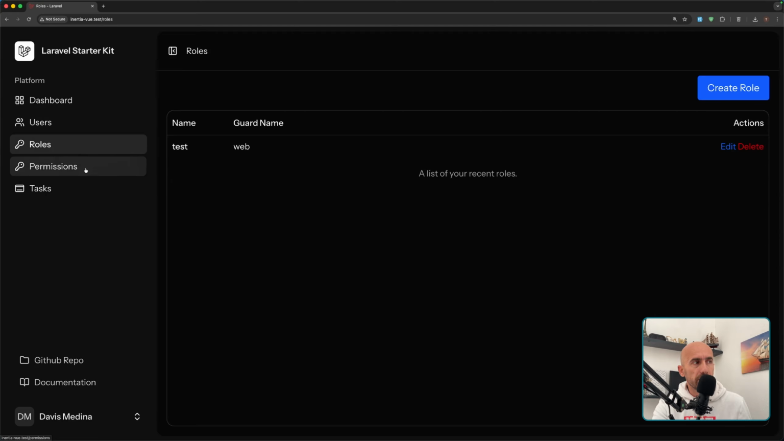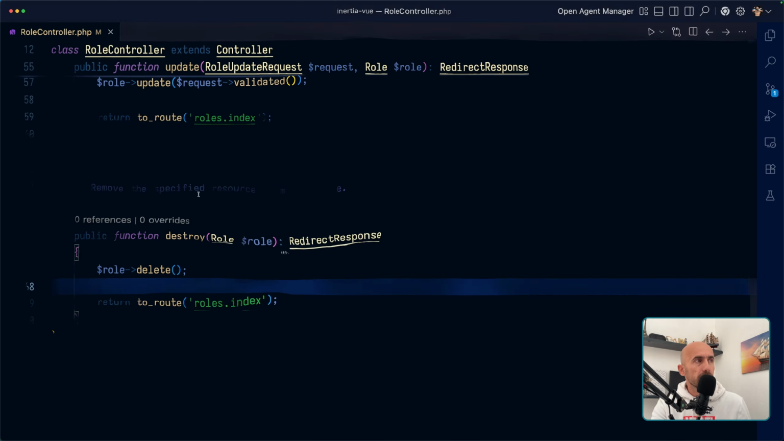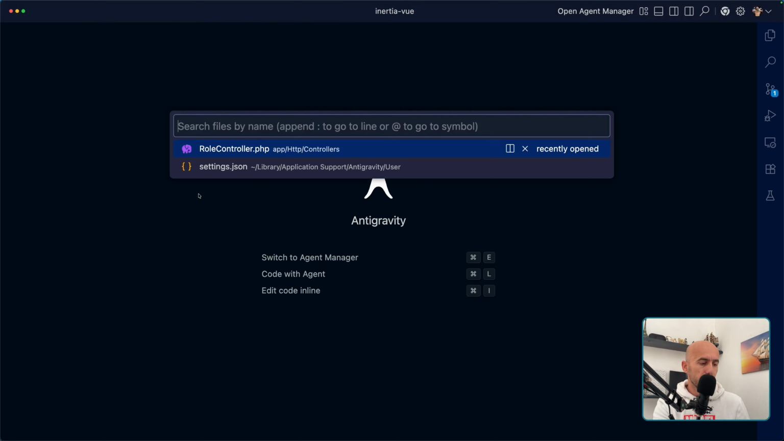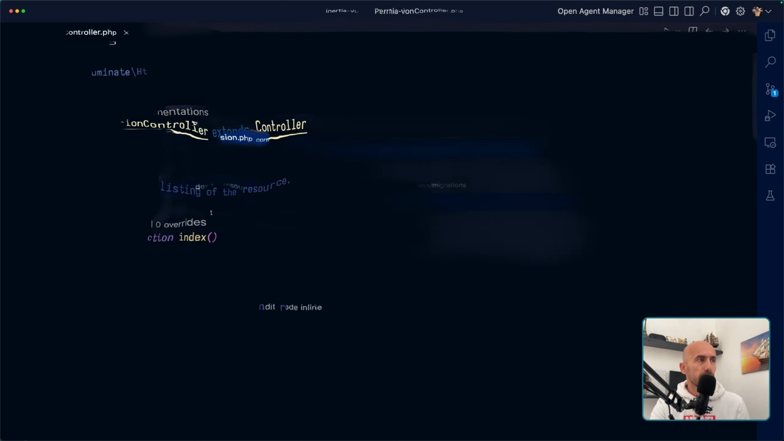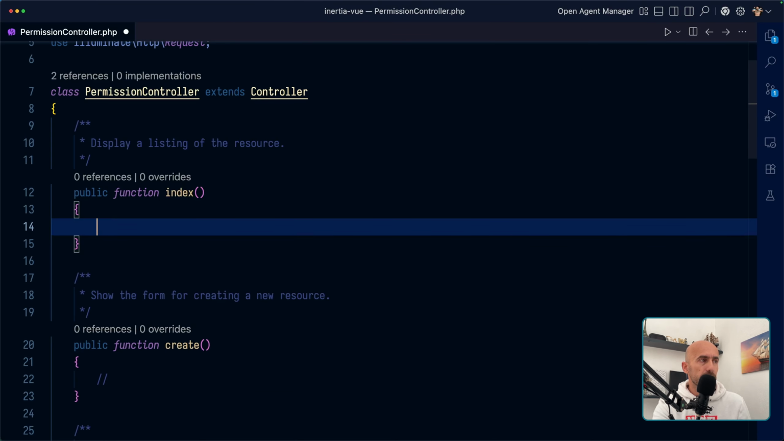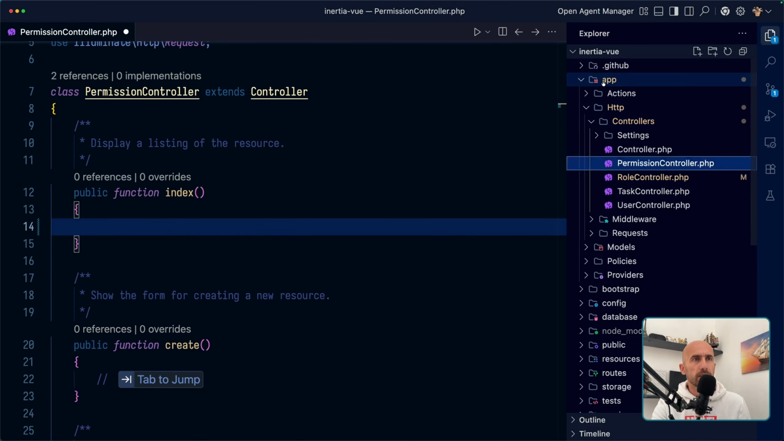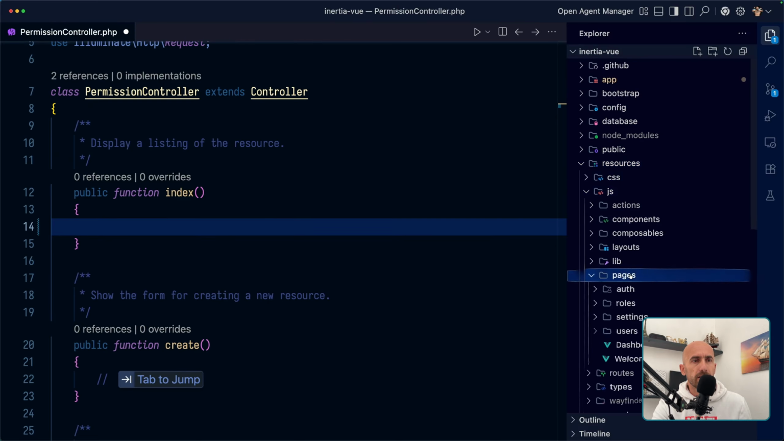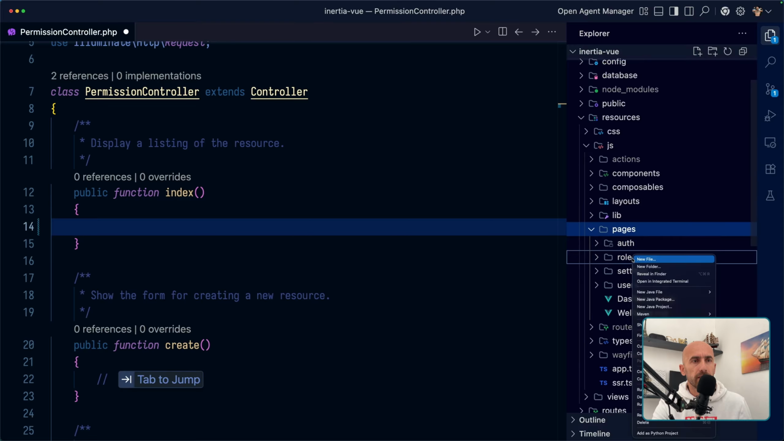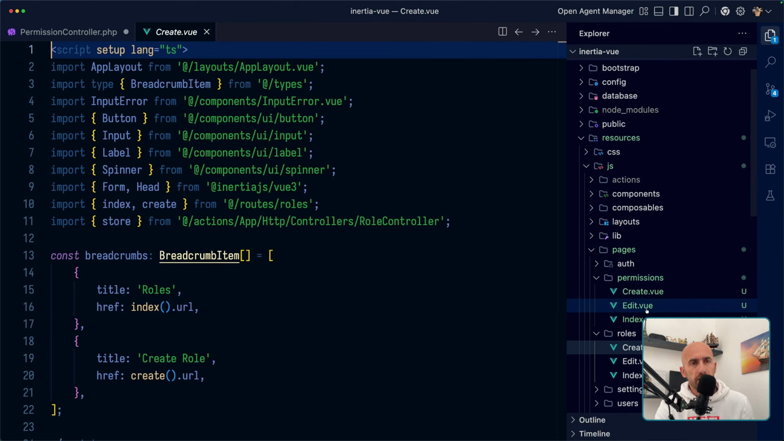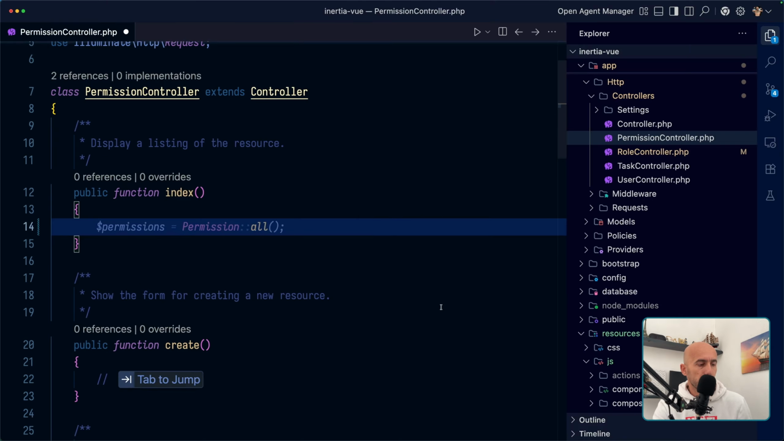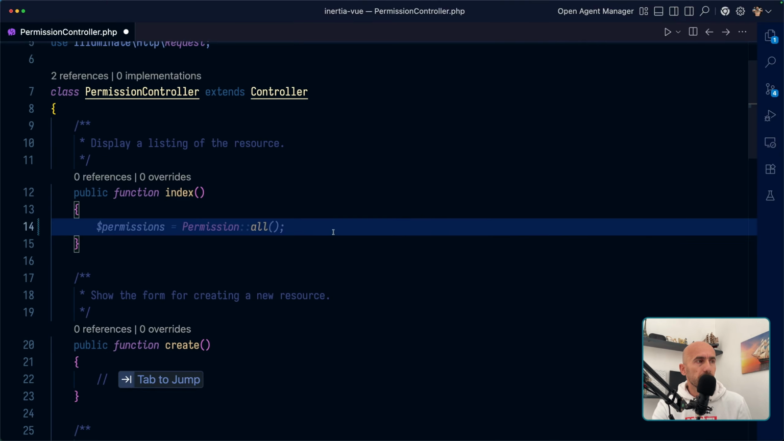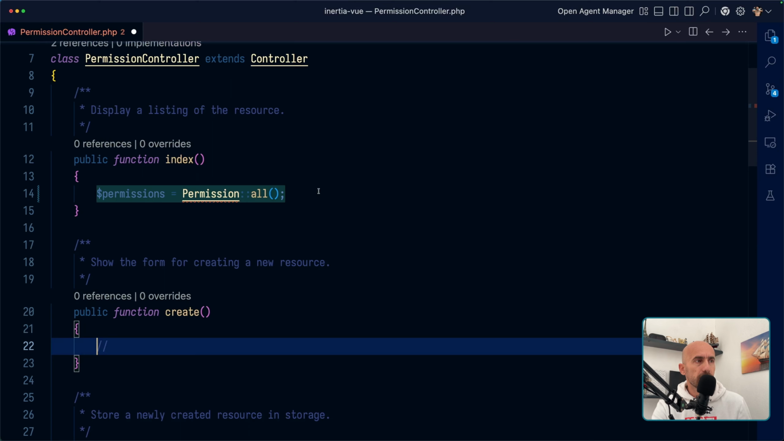Let's do the permissions CRUD. And I'm going to open first the code editor. And let's open the permission controller. And here, first let's also go inside the resources, JS, pages, and I'm going to duplicate the roles. So now we have permissions. Inside the permissions we have create, index, and edit. Very good. We're going to work with them later, but for now, let's get first all the permissions, and then